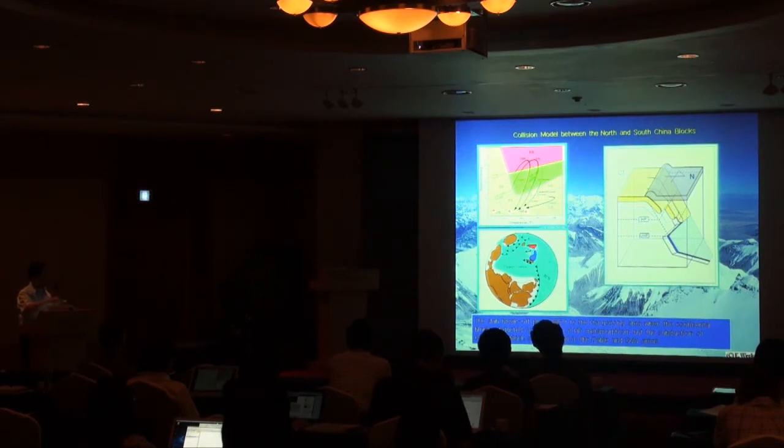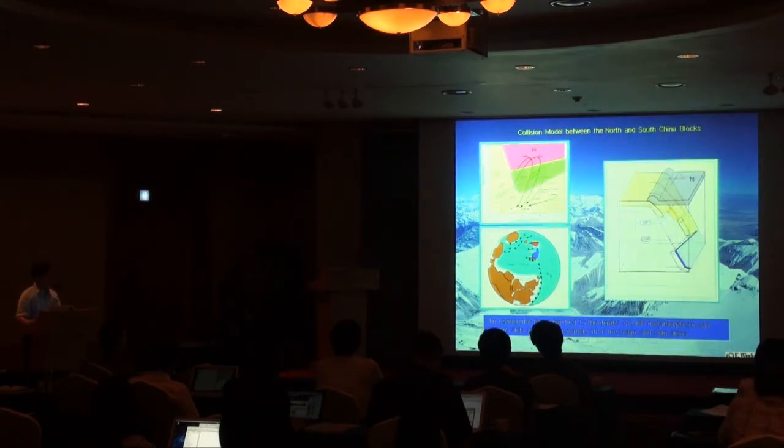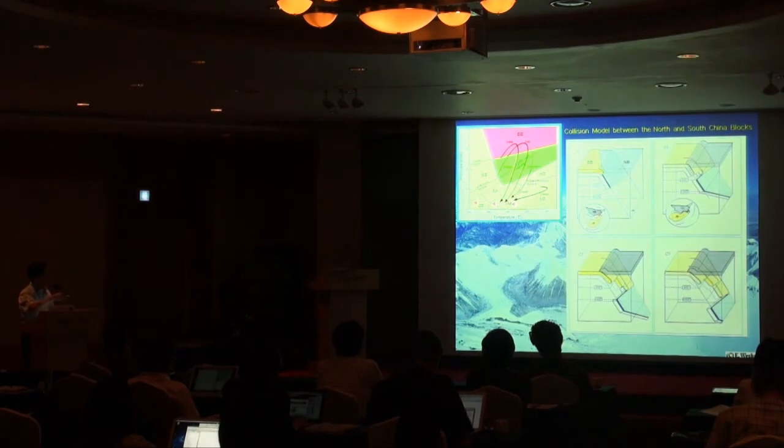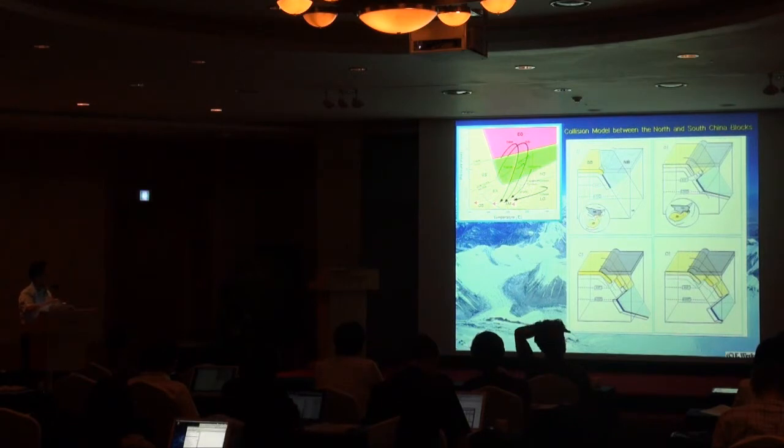So in the Hongseong area, the slab break occurred at high pressure depths, but in Sulu-Dabie, there was still subduction due to the greater amount of subducted oceanic crust, and the slab break occurred at ultra-high pressure depths. So this kind of ultra-high temperature metamorphism occurs here due to the heat supply from the asthenosphere through the shallow slab break-off. And this is the Hongseong area. And in Dabie-Sulu, the continental crust was subducted to very deep depths, so it could reach ultra-high